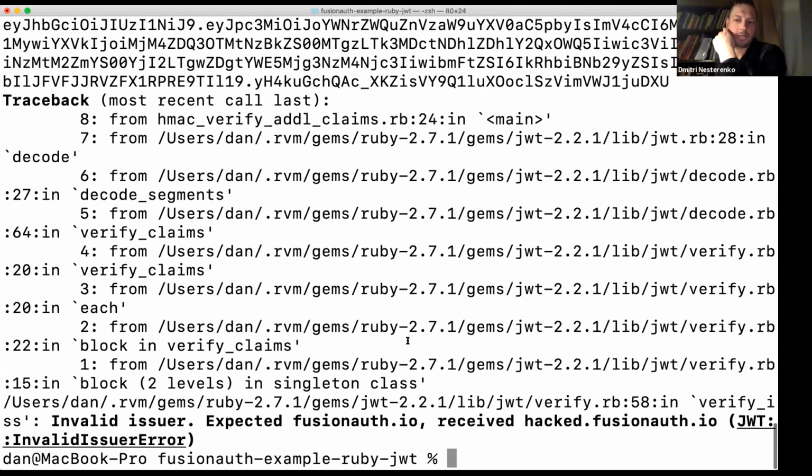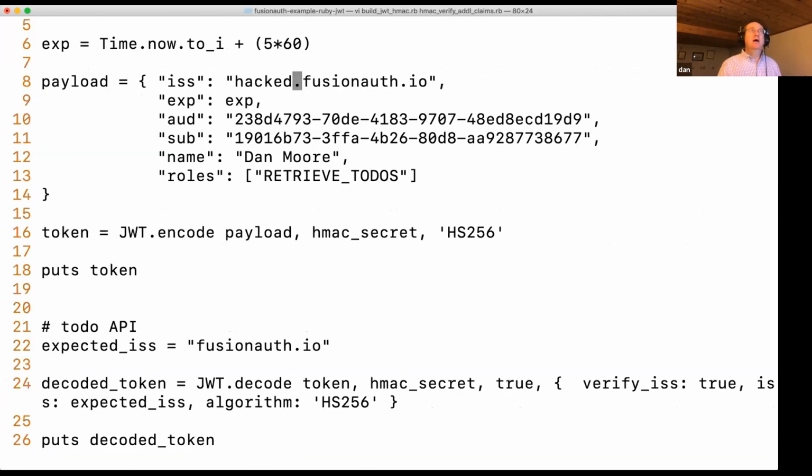Did they neglect to change the issuer, or they changed the issuer maliciously? Yeah, it could be either way, right? I mean, this is a defense in depth thing. Because in order to sign this in such a way that you'd accept it, they need to have your key somehow too, right? Which obviously, if they have your key, where'd they get it? Did they get it because someone checked it into GitHub, or did they get it because they're on your server and they're tweaking settings? If they're tweaking settings, you have bigger problems, but yeah.